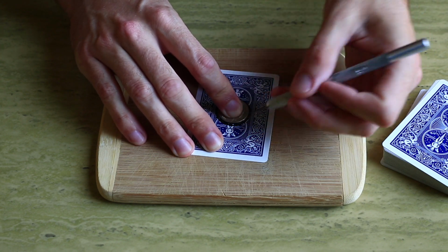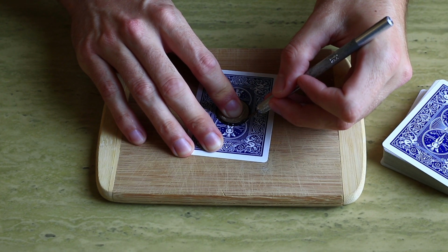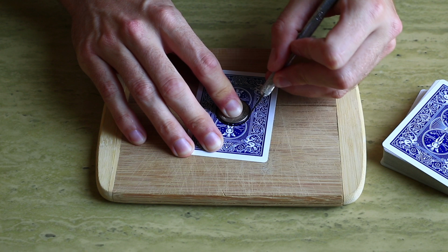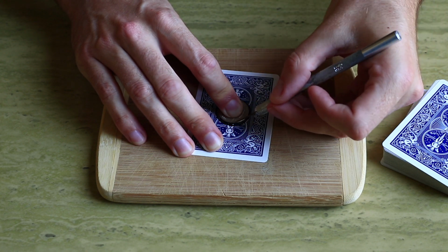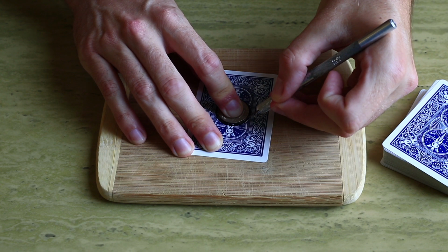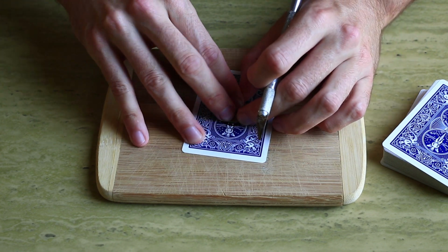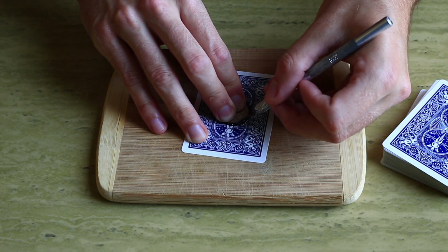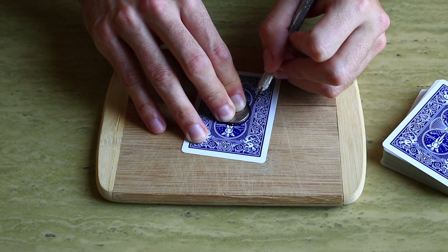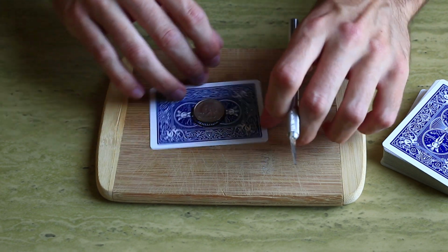And I go around. Again, it cuts very easily, so you don't need too much pressure to start making a shape around this. So I'll go over the same area a couple times. Oops, see, I already messed up to an extent. You want to keep that quarter nice and in place. Go around the same area a few times and then simply rotate the card,